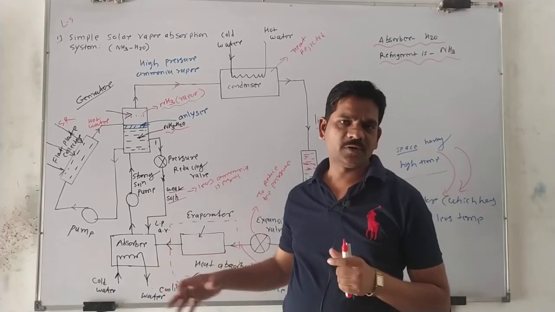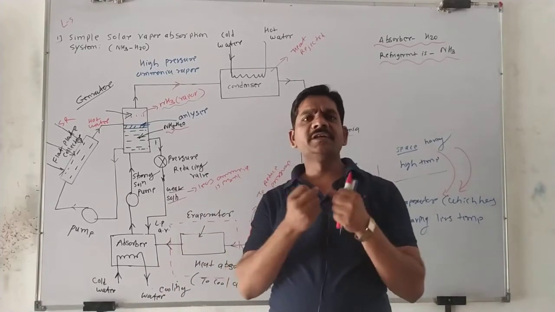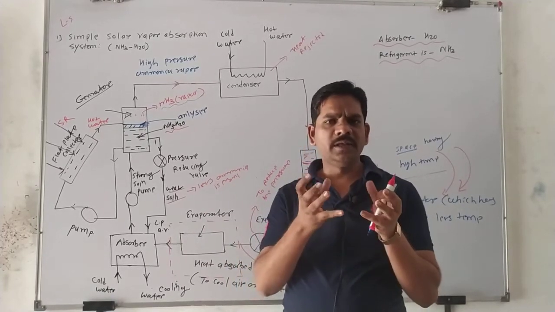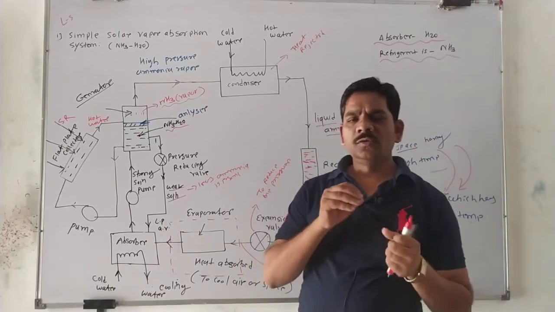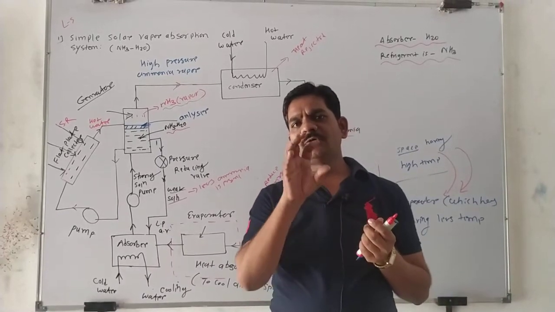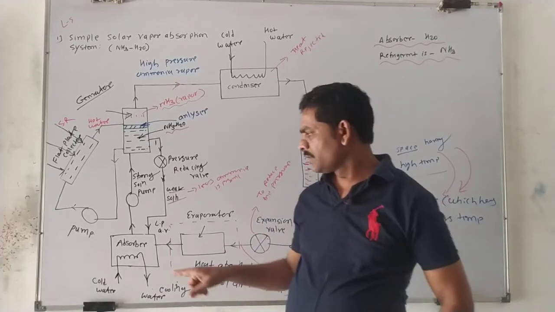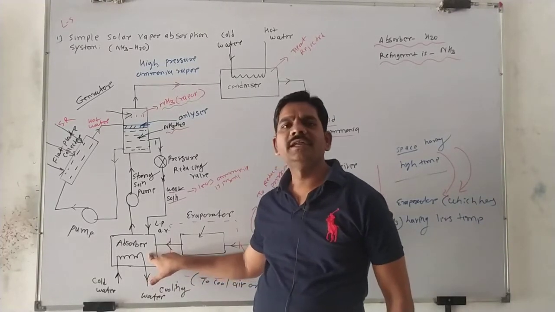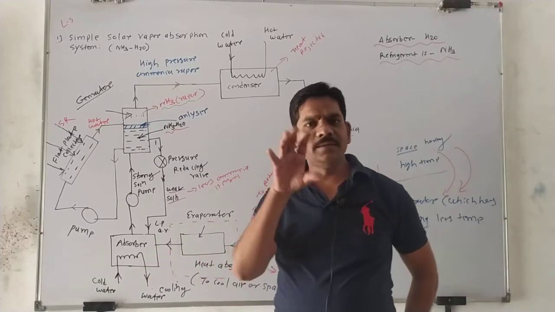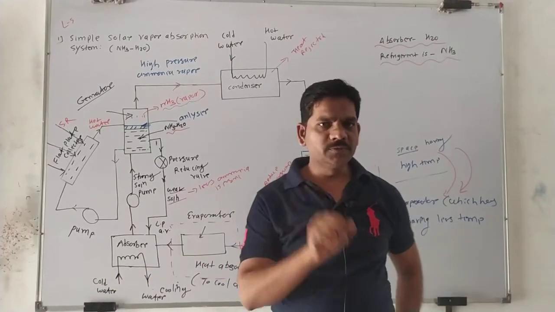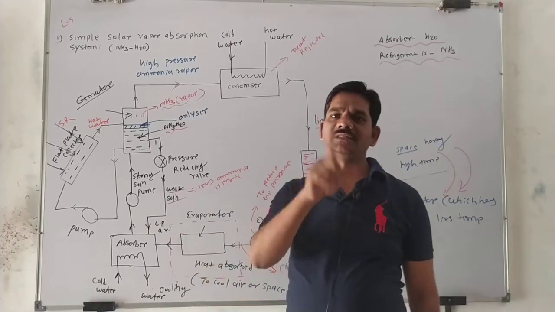Yes or no? Yes, because the pressure difference created is much smaller, so less ammonia vapor is absorbed by the absorber. We want the absorber to absorb a larger quantity of ammonia vapor. So we have to maintain a very low temperature of this absorber. How do we maintain a low temperature of the absorber? Absorber means H2O, and we want to maintain a low temperature of the H2O.